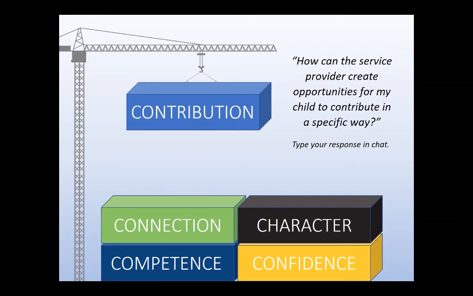Oh, I love the idea of having Christopher make choices, participating within his family routine, and actually doing some of the work and not doing all of the work for him, creating helper activities for Christopher, using age-appropriate chores or jobs, creating routines where the child could help, such as folding or carrying laundry, throwing something in the trash. Those are all great ways that Christopher can contribute to his family.